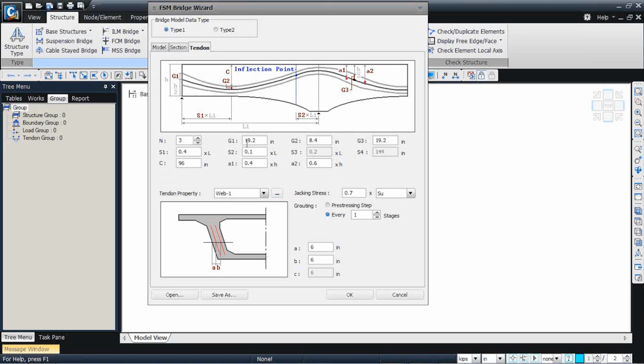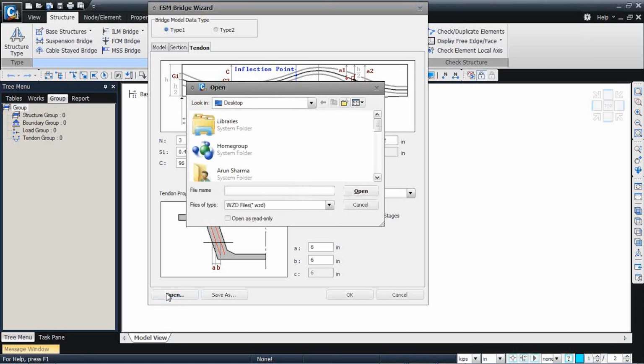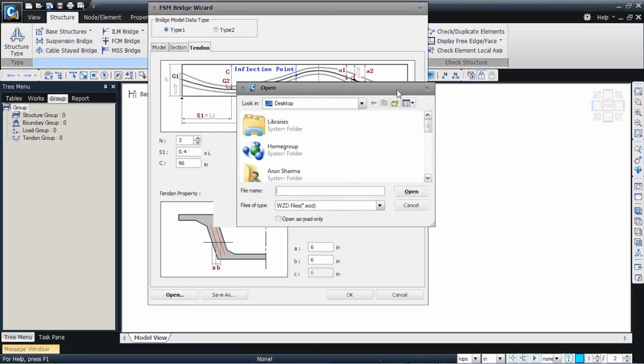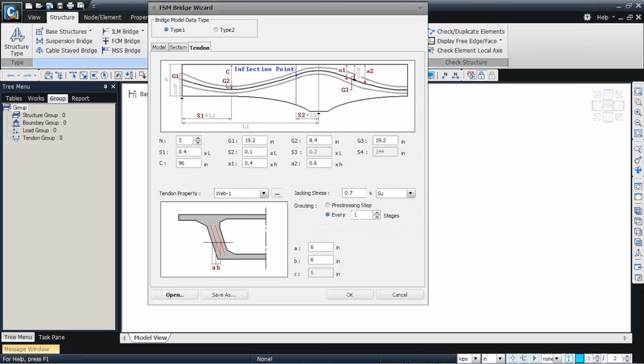So once you have entered these parameters, you are all set to hit OK and generate the bridge. Or if you want, you can save this and then open the one that you are working on and generate the bridge. Let me do that later. Let me just quickly show it to you. And in this manner, you can create